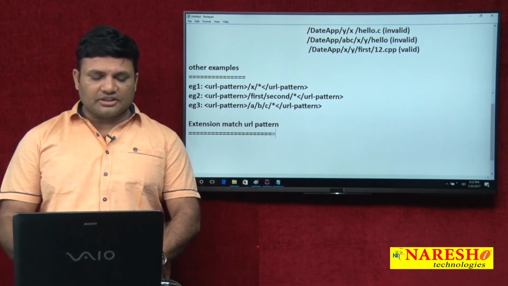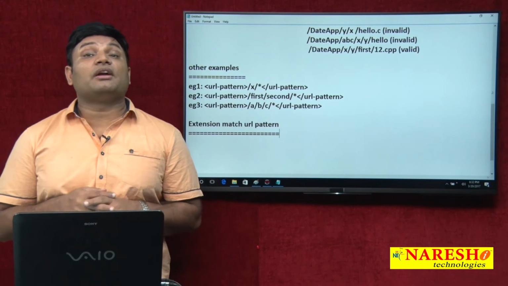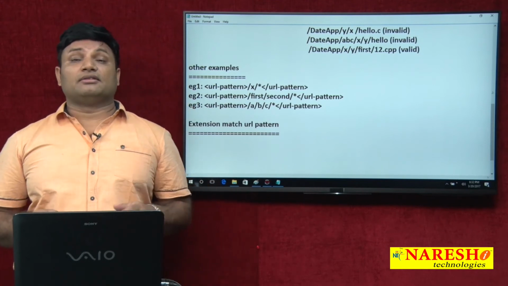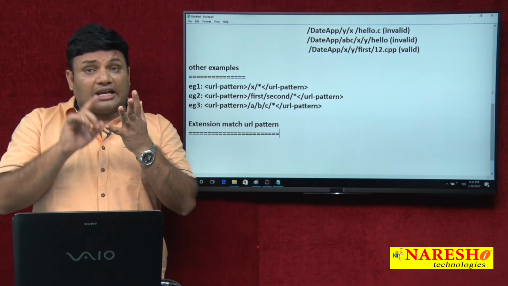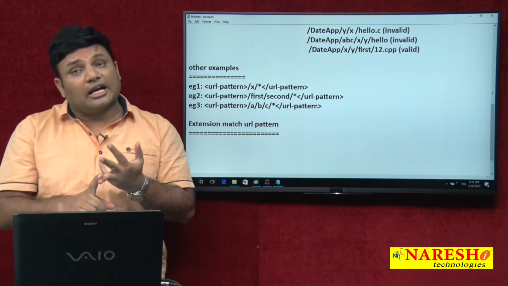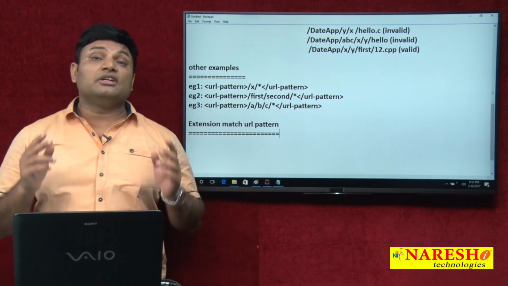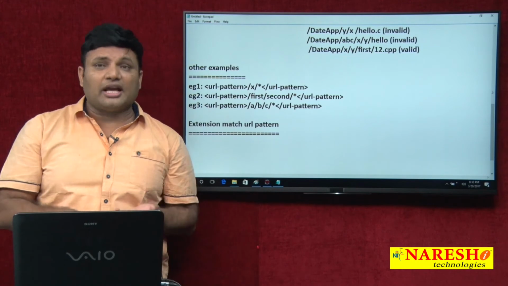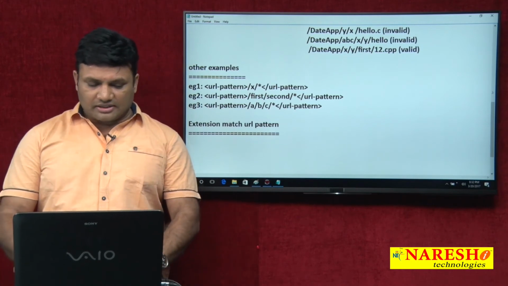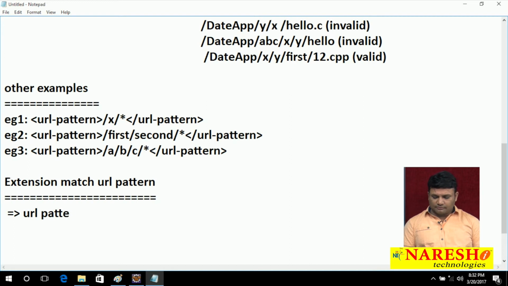So let's go for extension match URL pattern. Total how many URL patterns are there? 3 URL patterns are there. What are they? Exact match, next directory match, next extension match. So far we discussed exact match and directory match. So what is the condition? The URL pattern should start with the star symbol. So far the other URL patterns started with slash, but this URL pattern should start with star and should contain